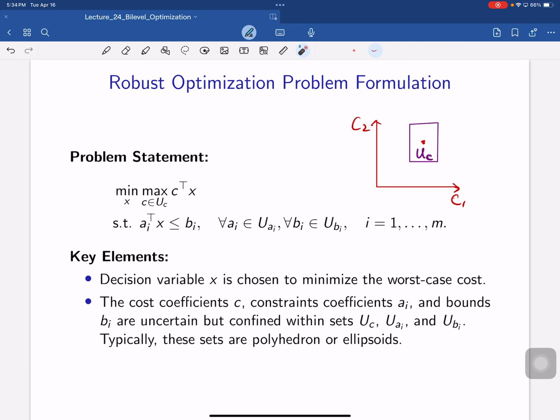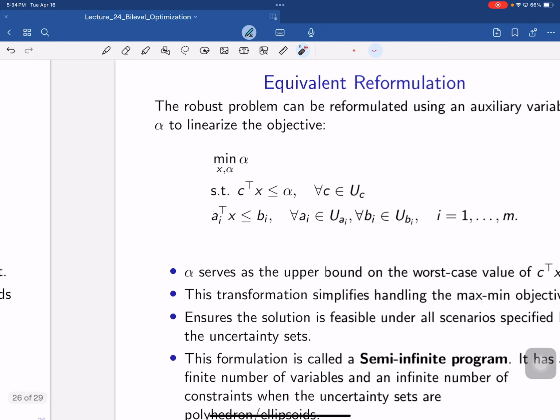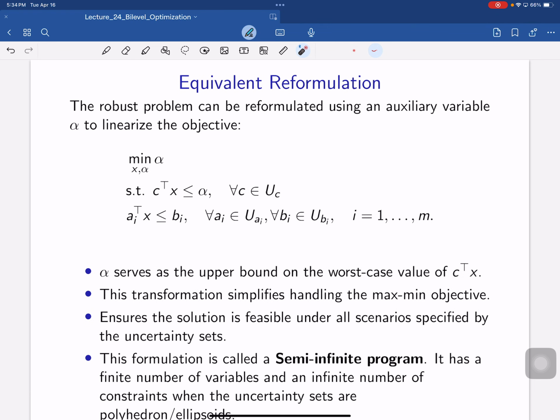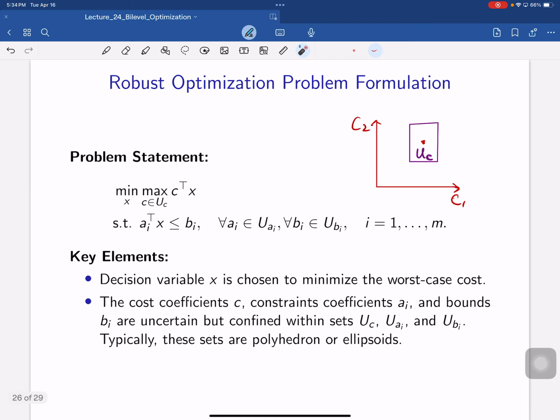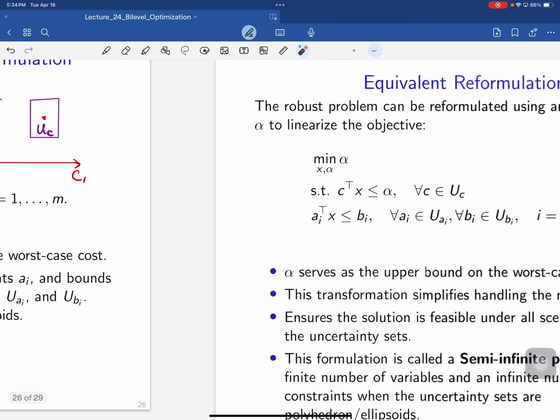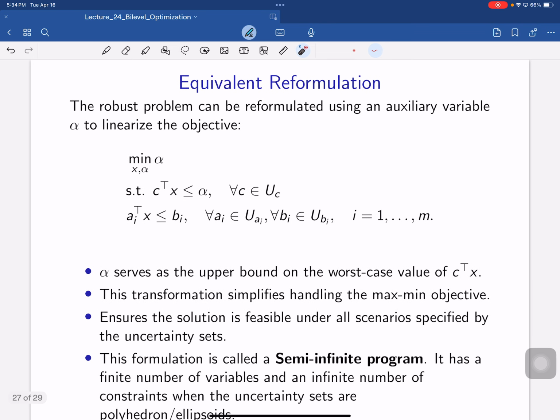So now maybe a quick question here, maybe I will ask in the next slide. First of all, there is a very quick reformulation of the problem to get rid of the min-max. As you can see here, we are picking the c that maximizes the objective, right? So this is equivalent to saying that the objective, let's denote the objective as alpha here, alpha has to be greater than or equal to c transpose x for all the c in this uncertainty set. You see, right? You have seen this formulation before